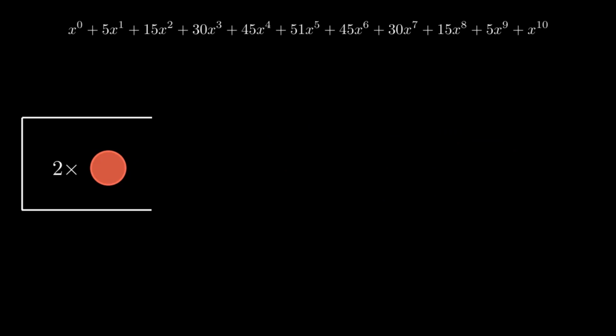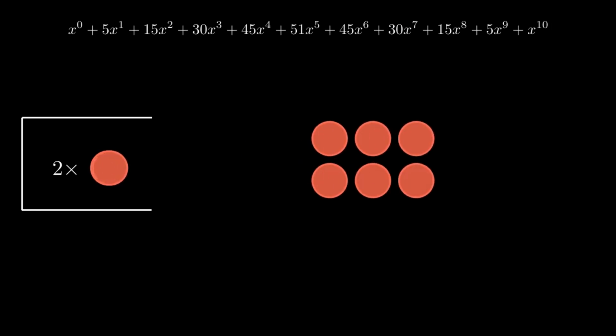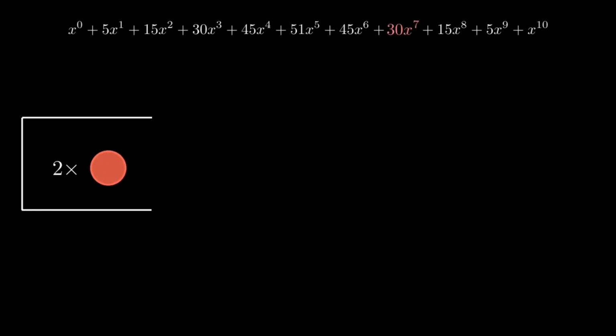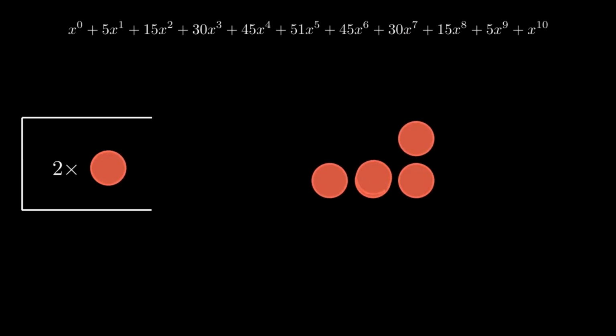As another example, x to the 7 could be built up by multiplying powers of x in orders such as 2, 2, 2, 1, 0, or 1, 1, 2, 1, 2, or a number of others. The coefficient 30 is the sum of all these individual cases and tells us exactly how many ways we can have 7 balls at the end of the 5 events.